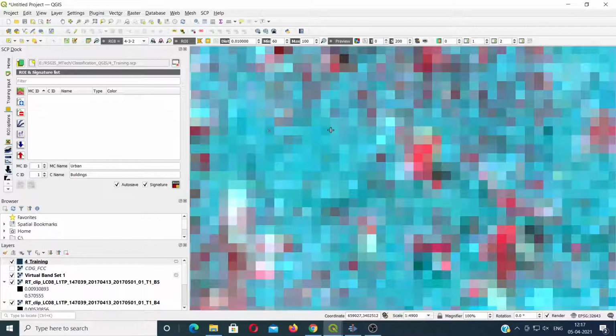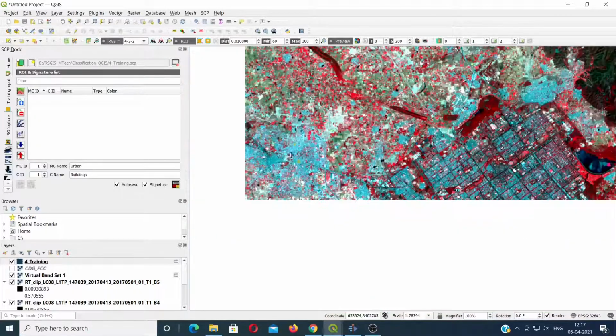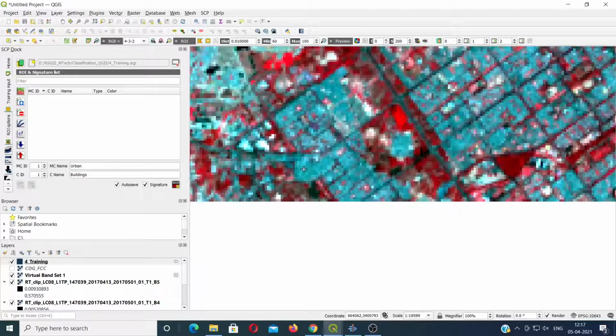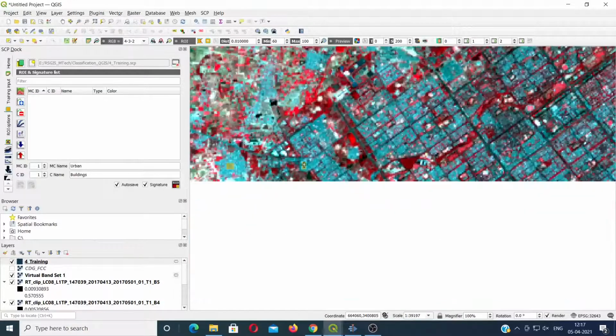Similarly, I will take a couple more signatures. When you are taking the second signature, please don't forget to press and hold control. So 2 signatures have been taken. Similarly, I will take some more signatures for the urban area. Please keep in mind, the more signatures you take, the better the accuracy of your classification. So this I am digitizing here. This is the fourth signature. Similarly, I will take some more signatures within the core city area.